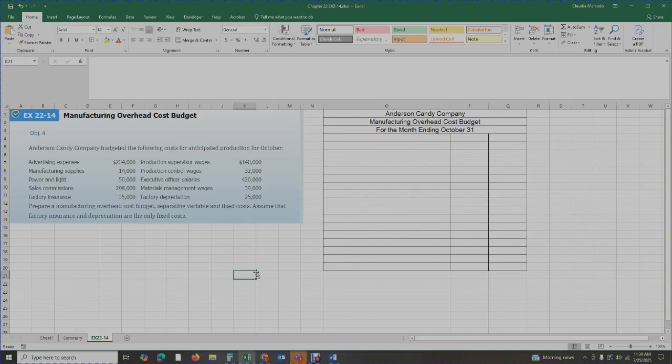So here we have the problem. We're going to go ahead and read it and then put it together. It says Anderson Candy Company budgeted the following costs for anticipated production for October. And then we're given the advertising expense of $234,000, manufacturing supplies of $14,000, power and light $50,000, sales commission $298,000, factory insurance $35,000, production supervisor wages $140,000, production control wages $32,000, executive officer salaries $420,000, materials management wages $39,000, and